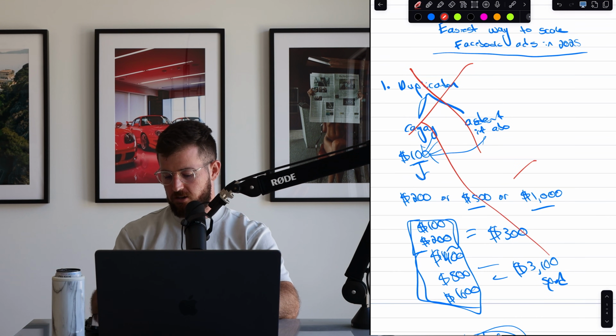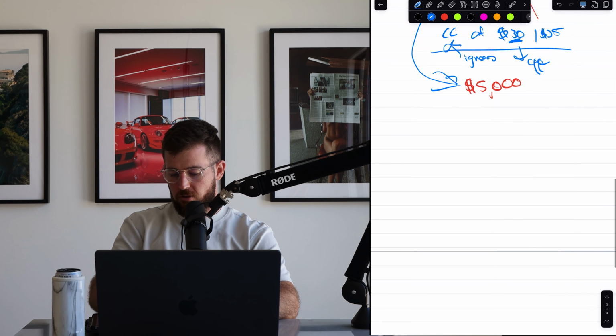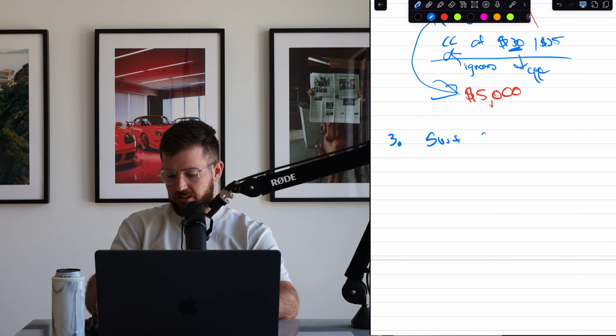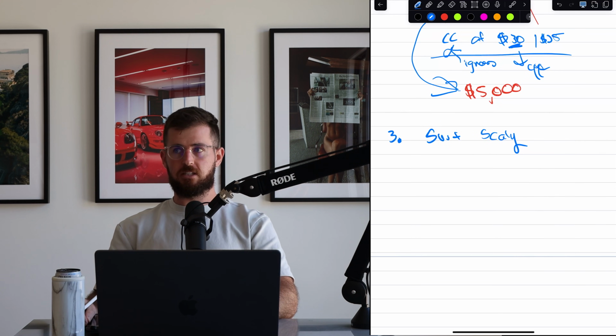Duplication method, again, don't like it. So what is the manner that I like doing? Those are probably the most three. Oh wait, hold up. There's one more. Surf scaling. Okay. This is a term invented by